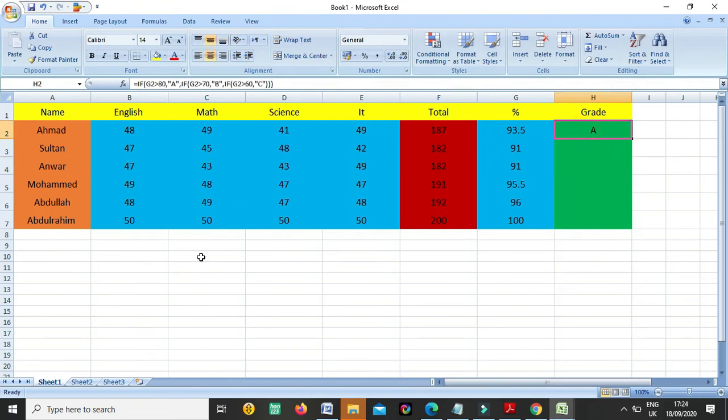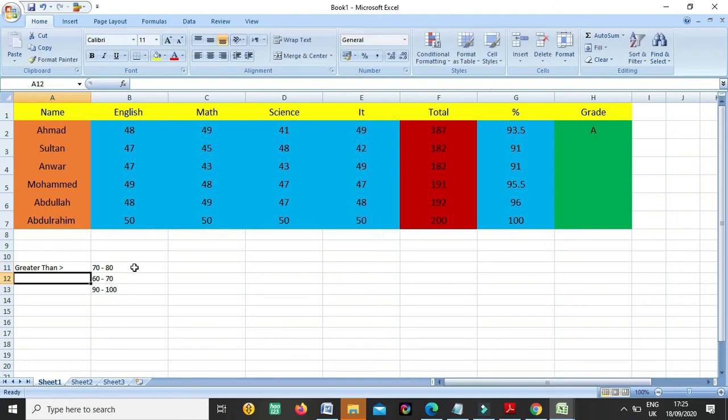Okay. Now it's better you make a criteria. Means if somebody is greater than 72, if somebody has 80 percentage, if somebody has 60 to 70 percentage, and if somebody has 90 to 100, then we use this sign.